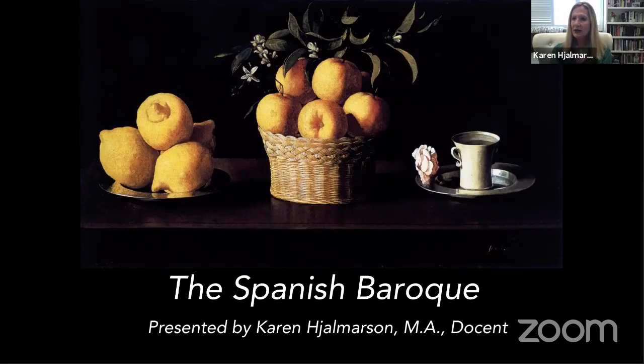Let's begin with some of the background information on the Spanish Baroque. When Samantha created this PowerPoint for me, I applauded her for placing one of the most beautiful still life images ever created in Western art. This painting happens to be in the Norton Simon Museum in Pasadena. Prior to COVID, I made many pilgrimages to this painting, because in all of art history, this is considered one of the most beautiful still lifes ever created. Peter Schjeldahl from the New Yorker wrote a whole